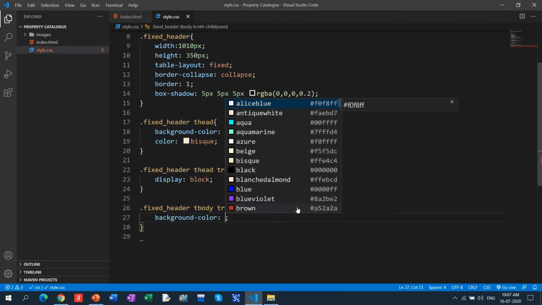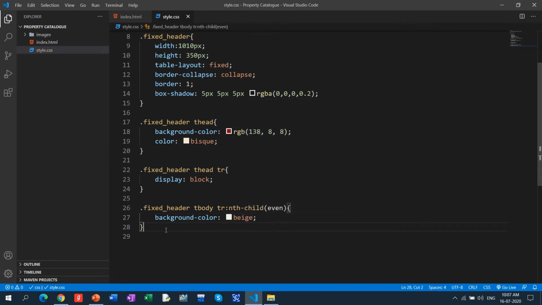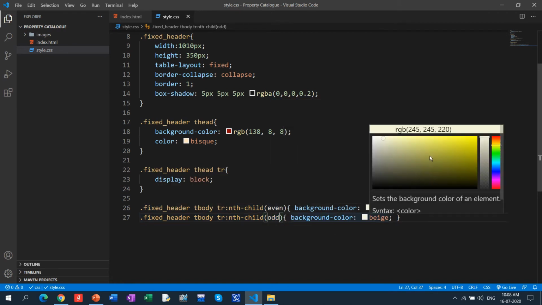So make it background color, say whitish. One more thing, you can write it on the same line in most cases, because it is only one line. Fixed header tbody tr, nth-child odd. The same thing, I'm just copying this one. For odd I make it different, right? The color I make it some sort of this.